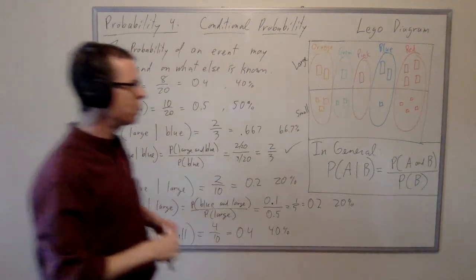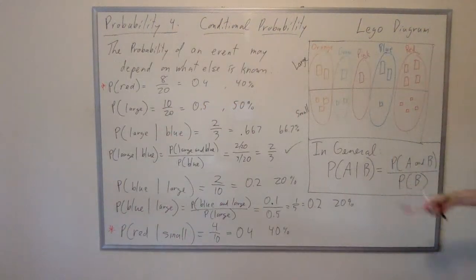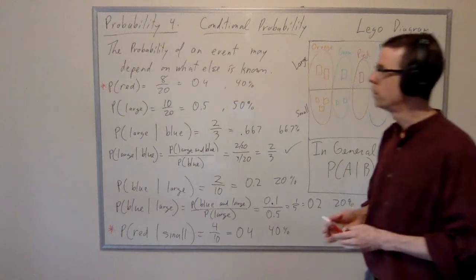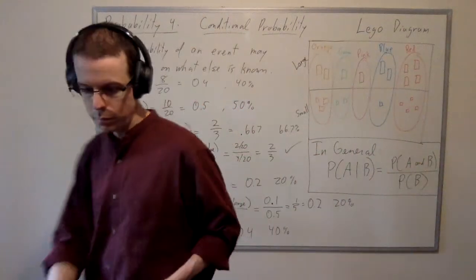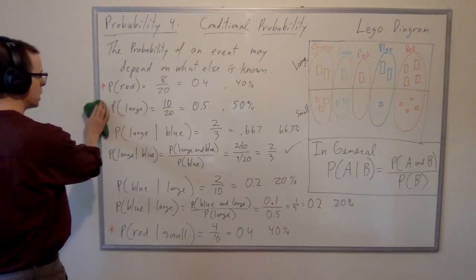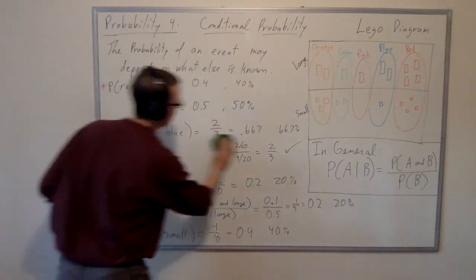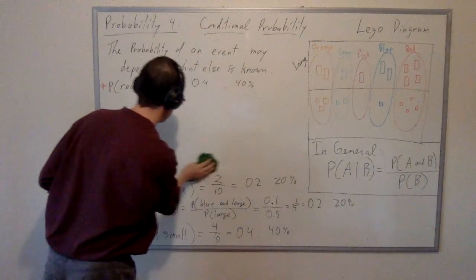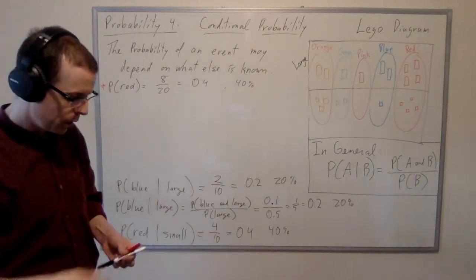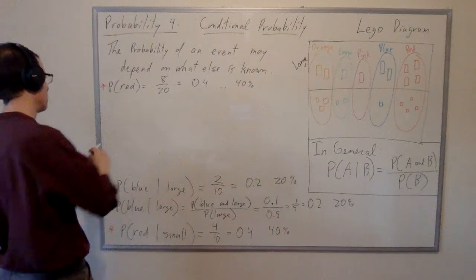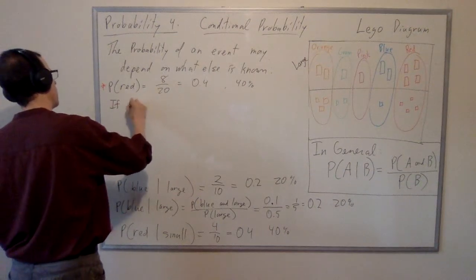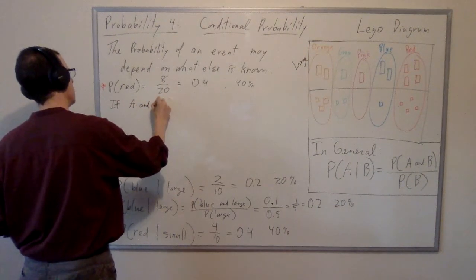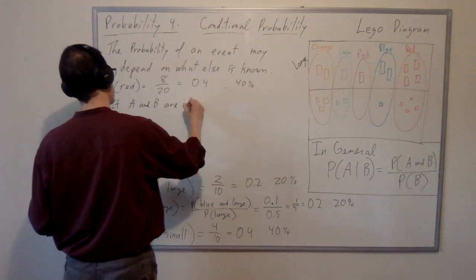And I want to point out what happens with conditional probabilities if the events are independent. So let's write this here. If A and B are independent events, then as we've seen for independent events, we have a product formula for them. So if A and B are independent,